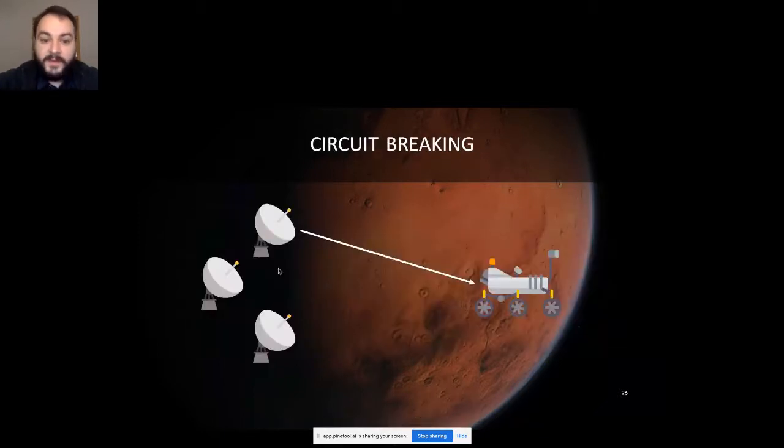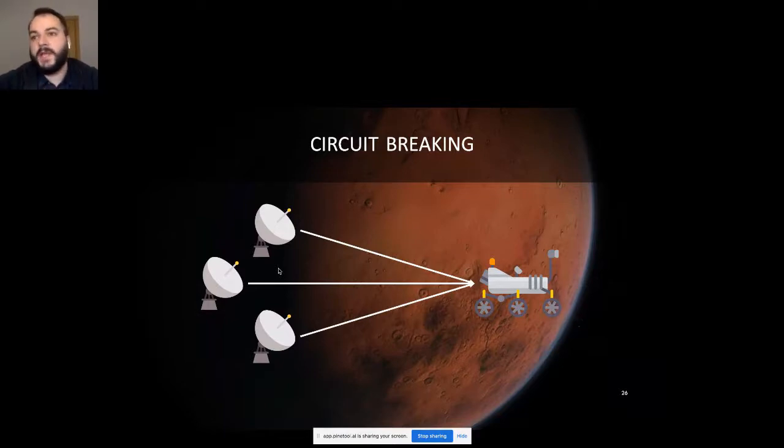One more thing that Istio can offer your application is the circuit breaker. This is not the same circuit breaker as, for example, in Spring Cloud. You may be familiar with the Spring Cloud circuit breaker. But the Istio circuit breaker allows you to limit the number of requests to your service. For example, when you know that your service can handle 10,000 requests per second, when receiving 20,000 requests per second, it will just fail. And everyone will receive the error, including the 10,000 requests that your service might have handled.